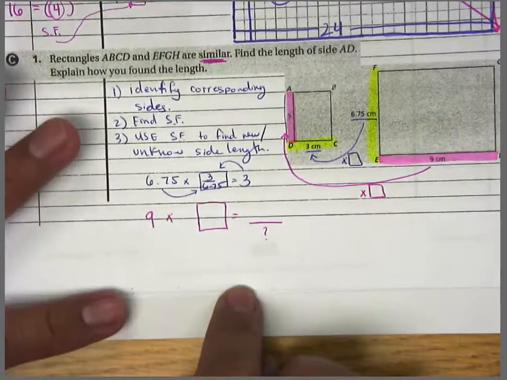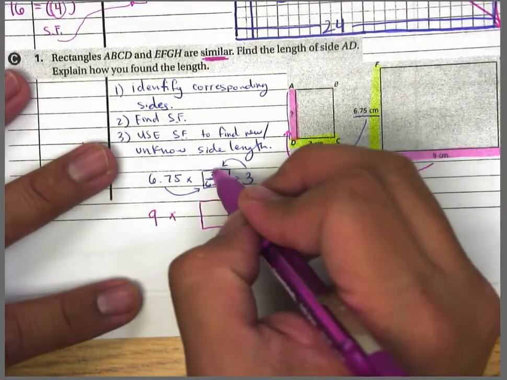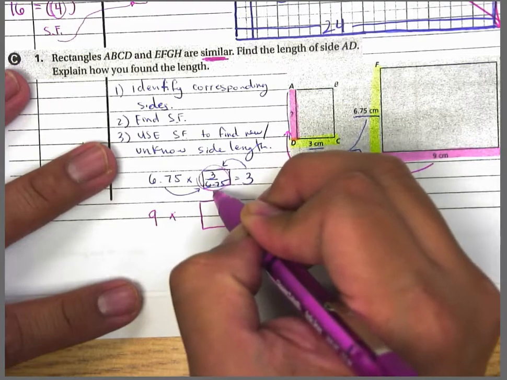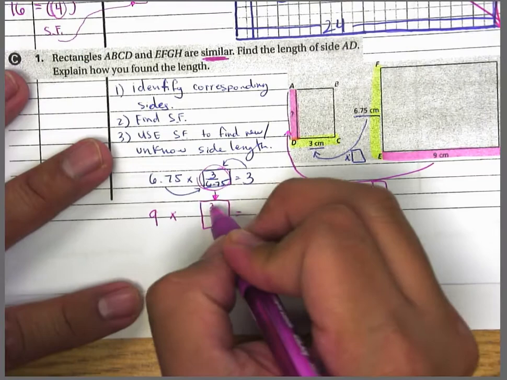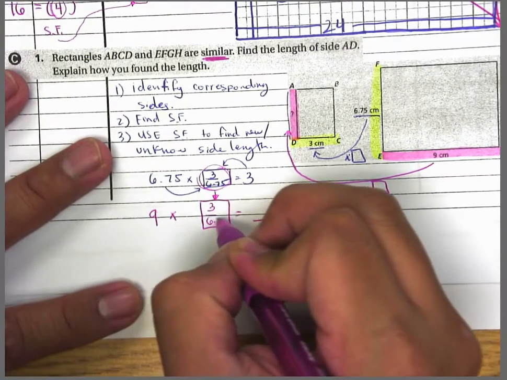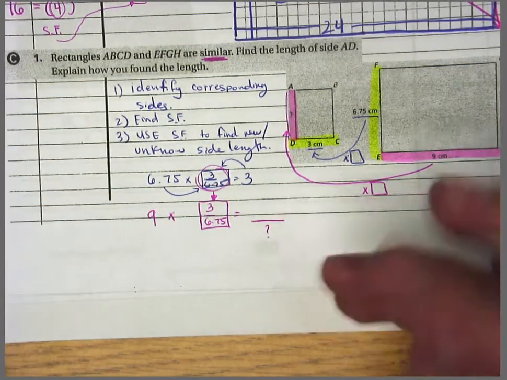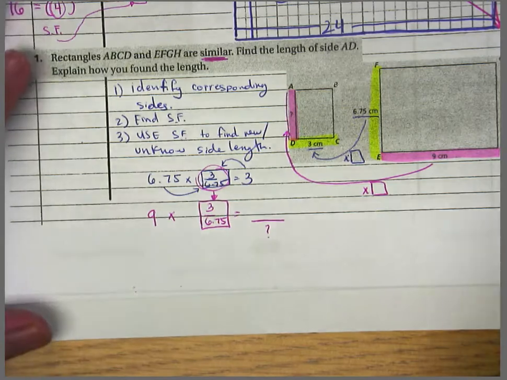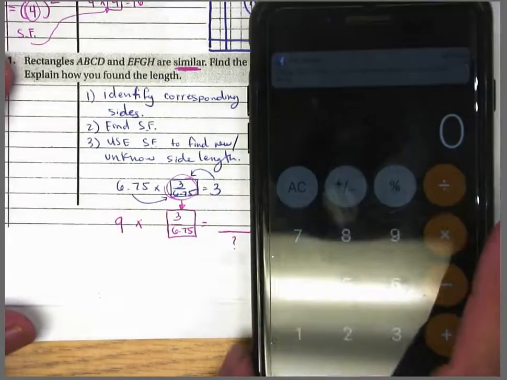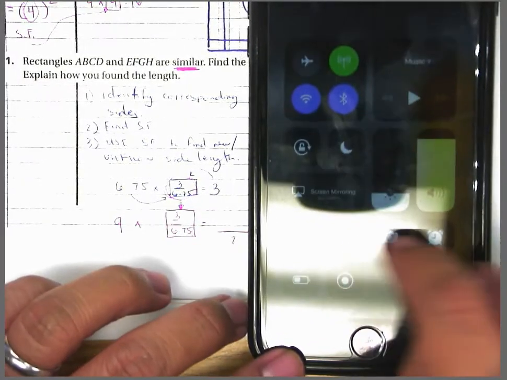Now you're like, oh, I got 2 unknowns. No, you don't. You only have 1. This number is the one that we put in there. 3 divided by 6.75. And then I only have 1 unknown. So I'll type this into my calculator. You could probably do this long-handed, no problem. But for the sake of time,